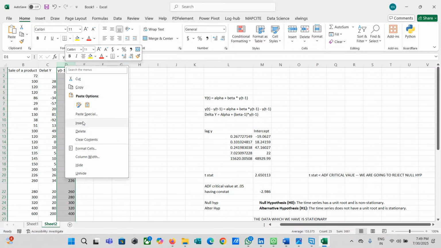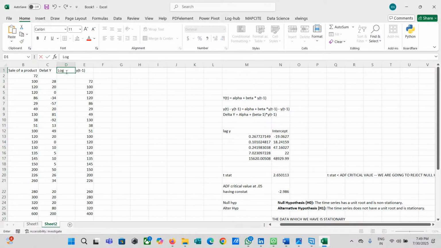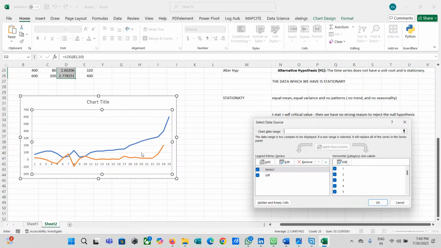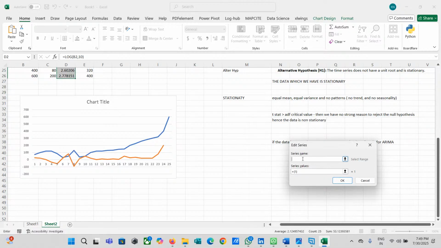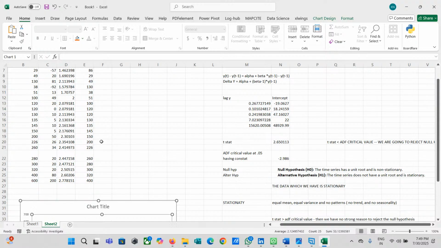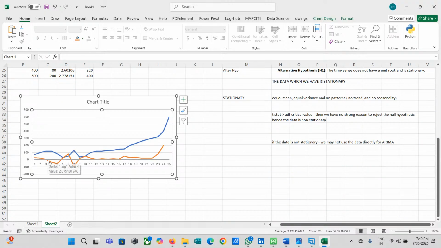Let's say we go to a second technique that's called log. So I'm going to take log to the base 10, and let's see if this shows another way of creating stationary data. There are many techniques out there. I'm not going to show all the techniques to you right now. I'm going to work on a couple of techniques only to explain the difference between stationary and log. This looks completely linear. That is a complete linear transformation. I don't want to bring a linear transformation here.